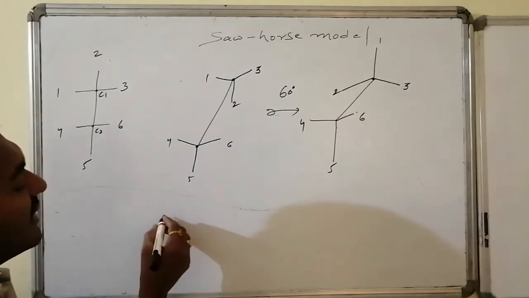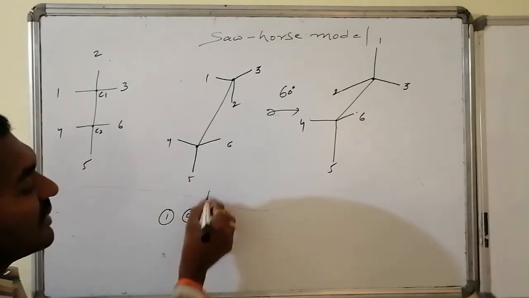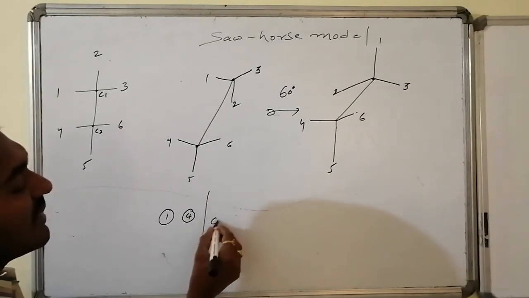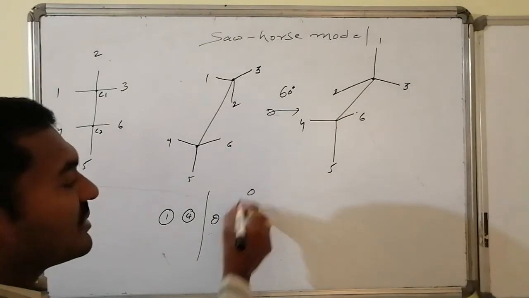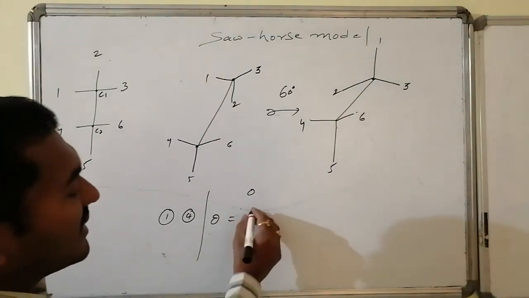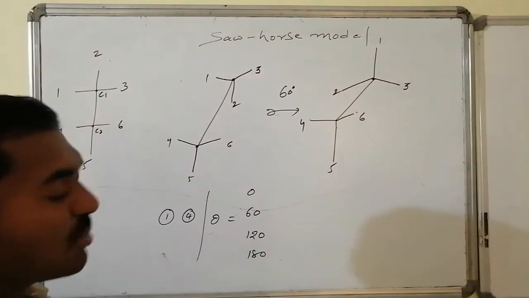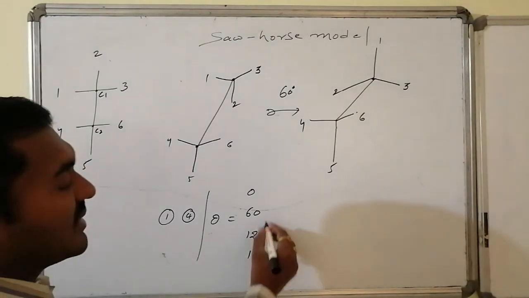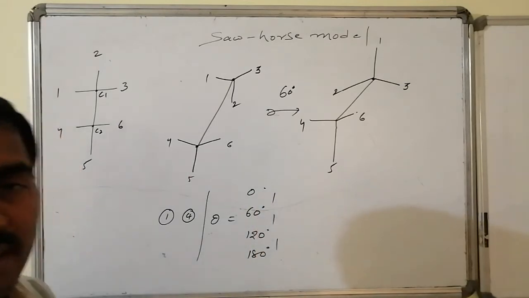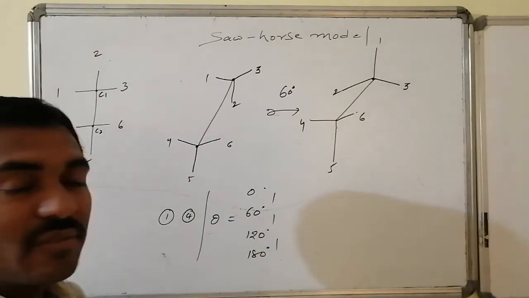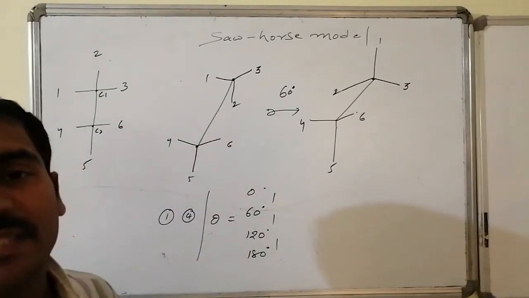Suppose I take one valency on carbon 1 and one valency on carbon 2, they may be separated by an angle. That angle, theta, is said to be the dihedral angle. That can be present with an angle of 0 degrees, with an angle of 120 degrees, 60 degrees, and the maximum angle of separation between them is 180 degrees. All varieties and all other angles possible between 0 to 60, 60 to 120, 120 to 180, everything is possible. Everything can be represented in this presentation.